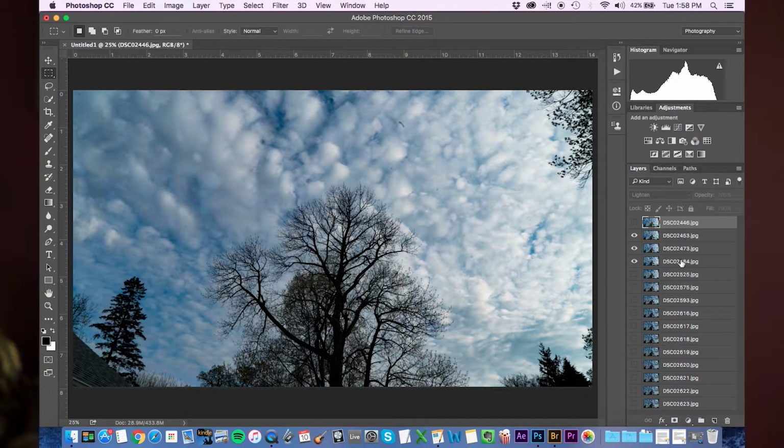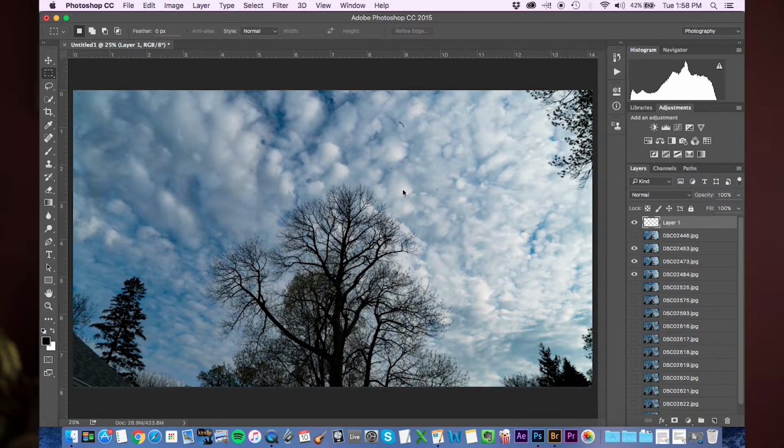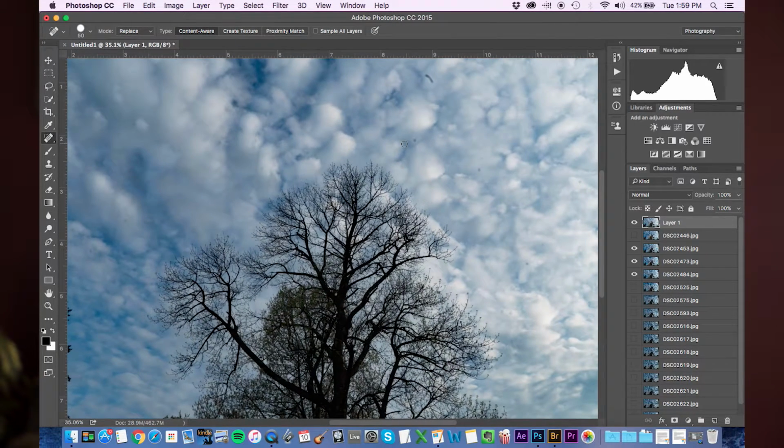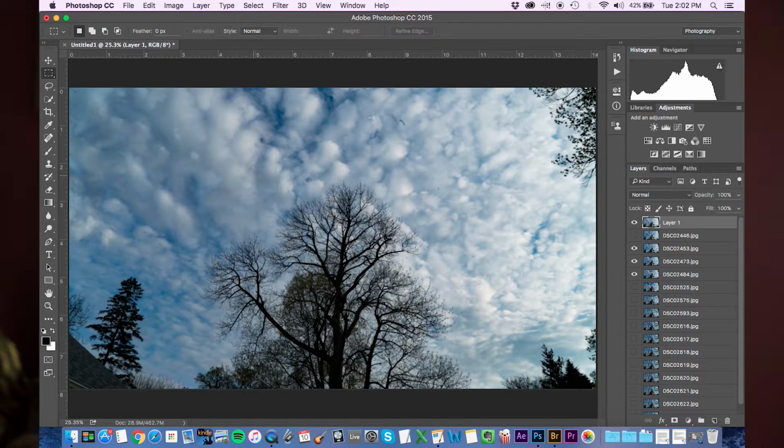Let's just say that those 3 layers are what we like. Make a new layer, and then we'll go to Image, Apply Image to that layer. Okay, and so we can work on getting rid of those little spots in the image there. I'll just use the spot healing brush tool. That's super useful. All right, my computer's being really slow, so we're just gonna pretend that I fixed all these